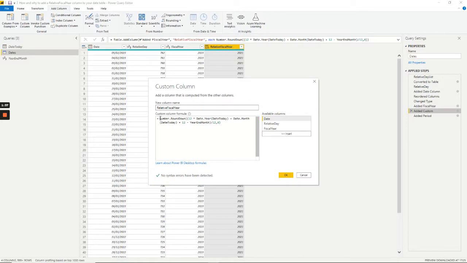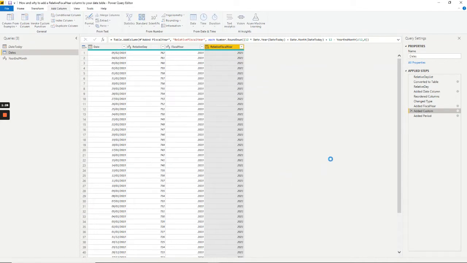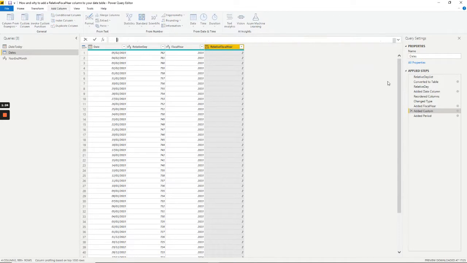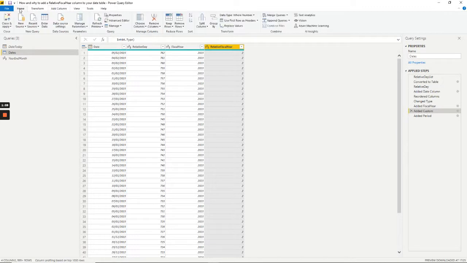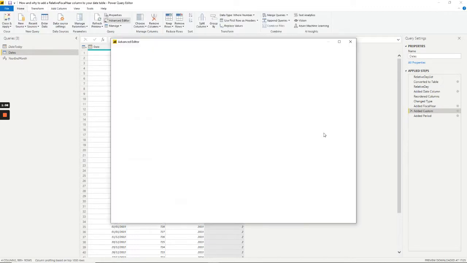And that's simply the fiscal year value minus that. And I can set the type, put a comma in, and Int64.Type. I want to set the type to integer, and let's just tidy it up in Advanced Editor